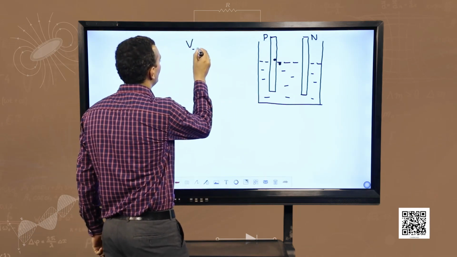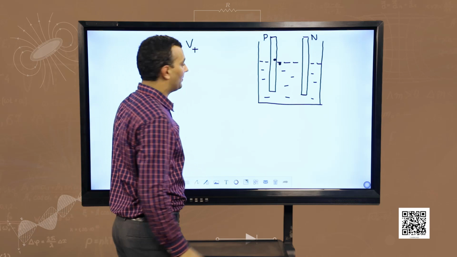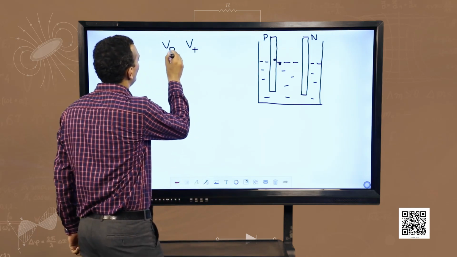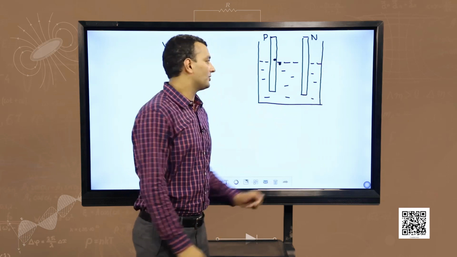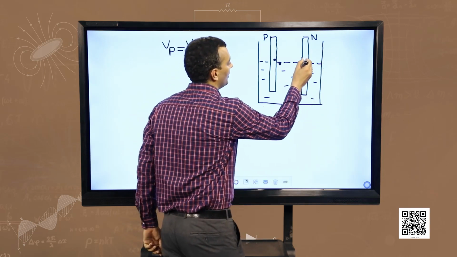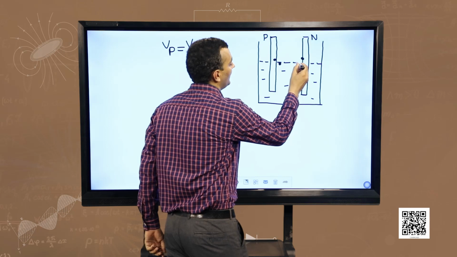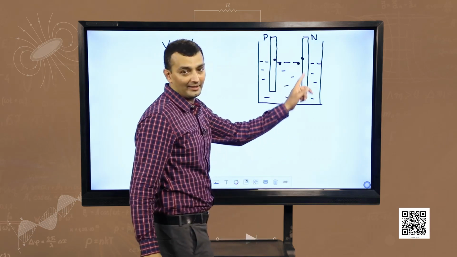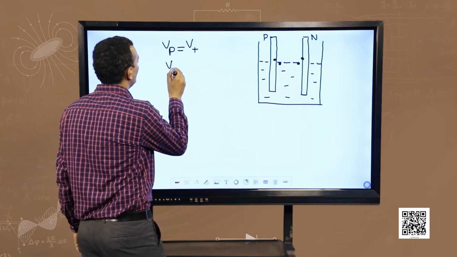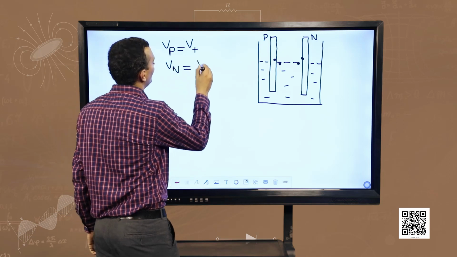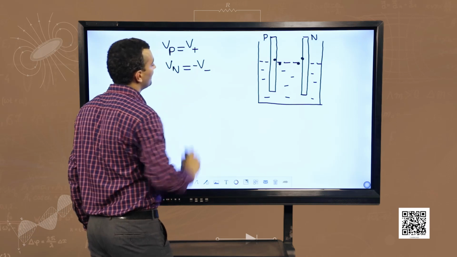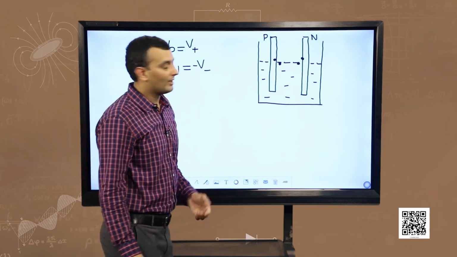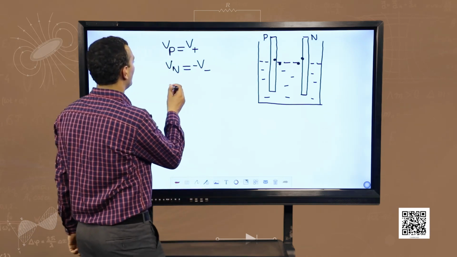Let this potential be represented by V plus. This is the potential of the positive terminal. Similarly, the negative terminal has a negative potential at a point very next to it lying inside the electrolyte. This potential of the negative terminal is represented by V minus, and this is obviously a negative potential. The difference of the two potentials,